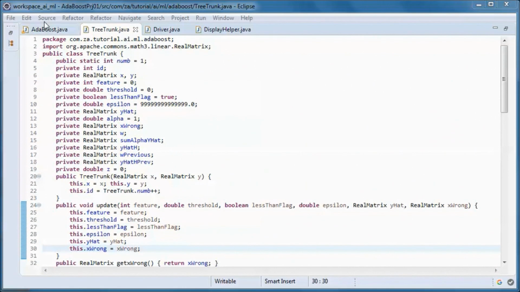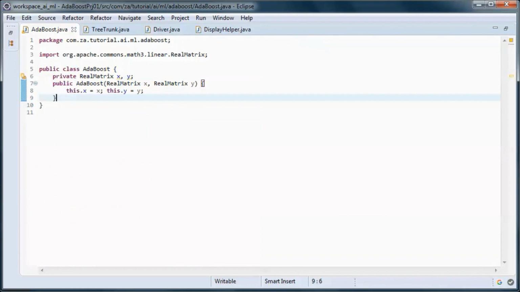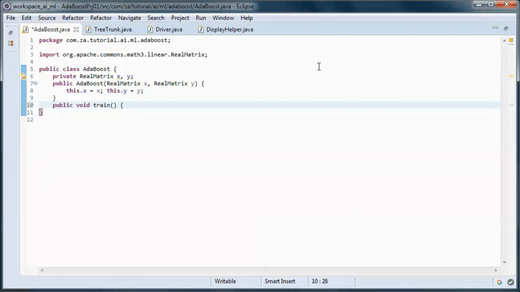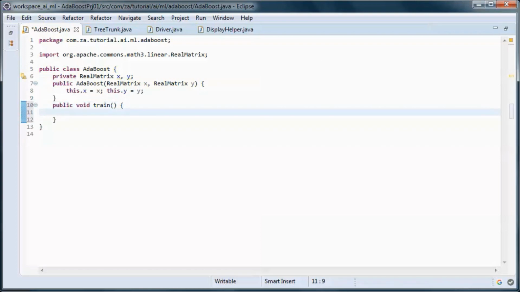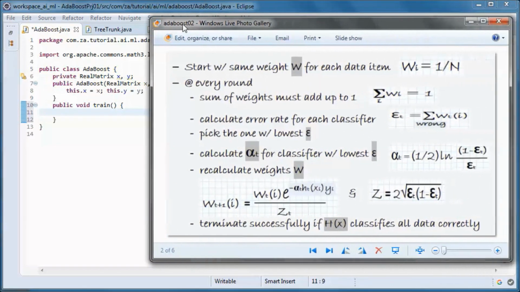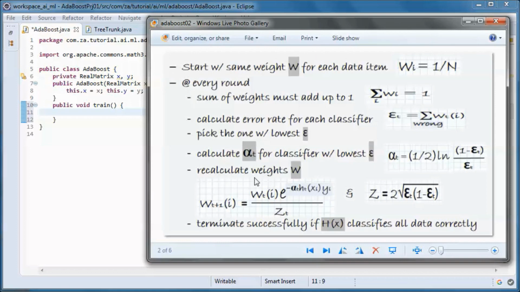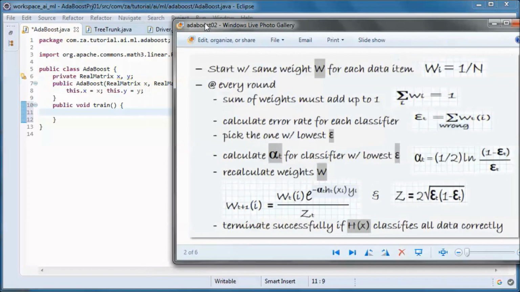Now the AdaBoost class will have this train method that executes this logic at every round.